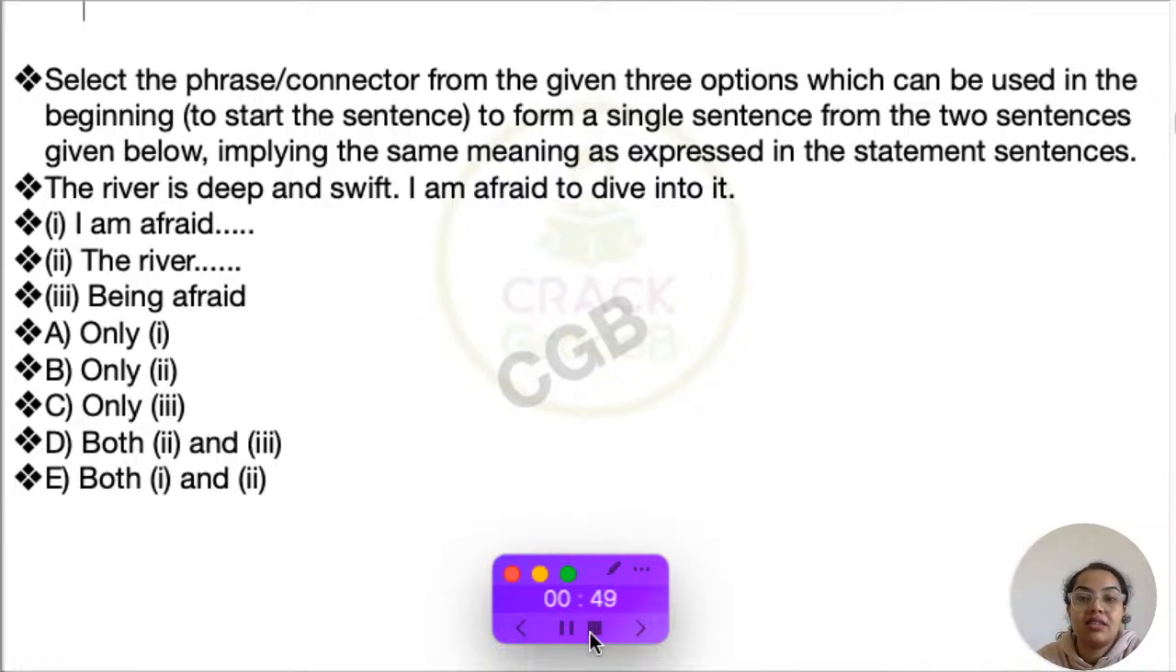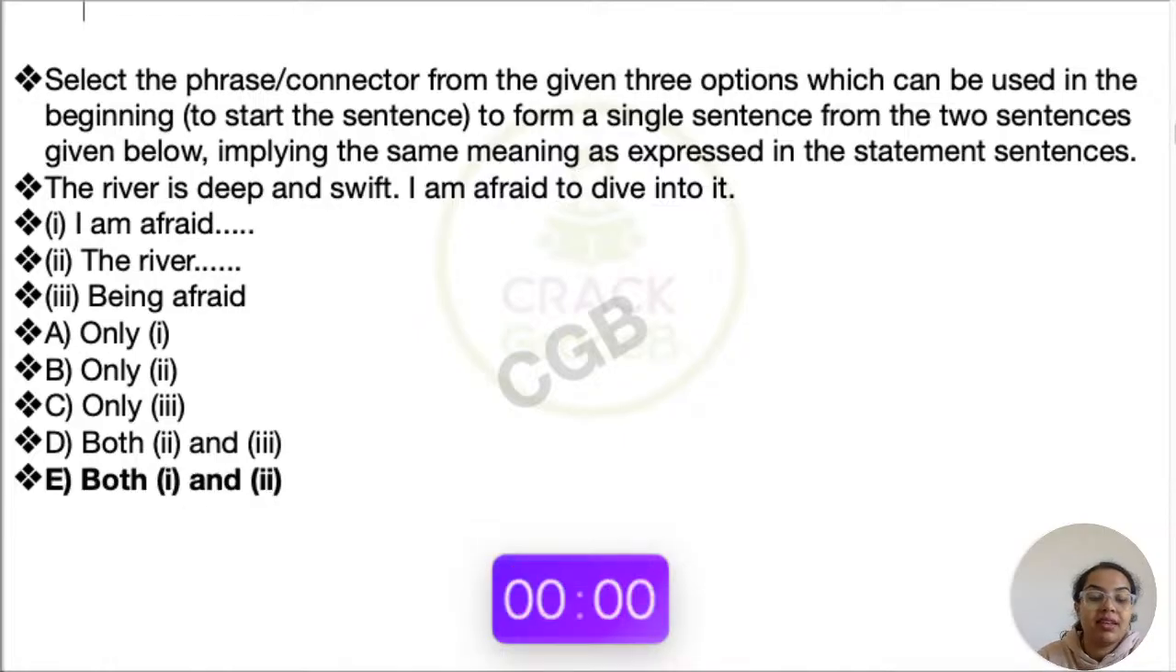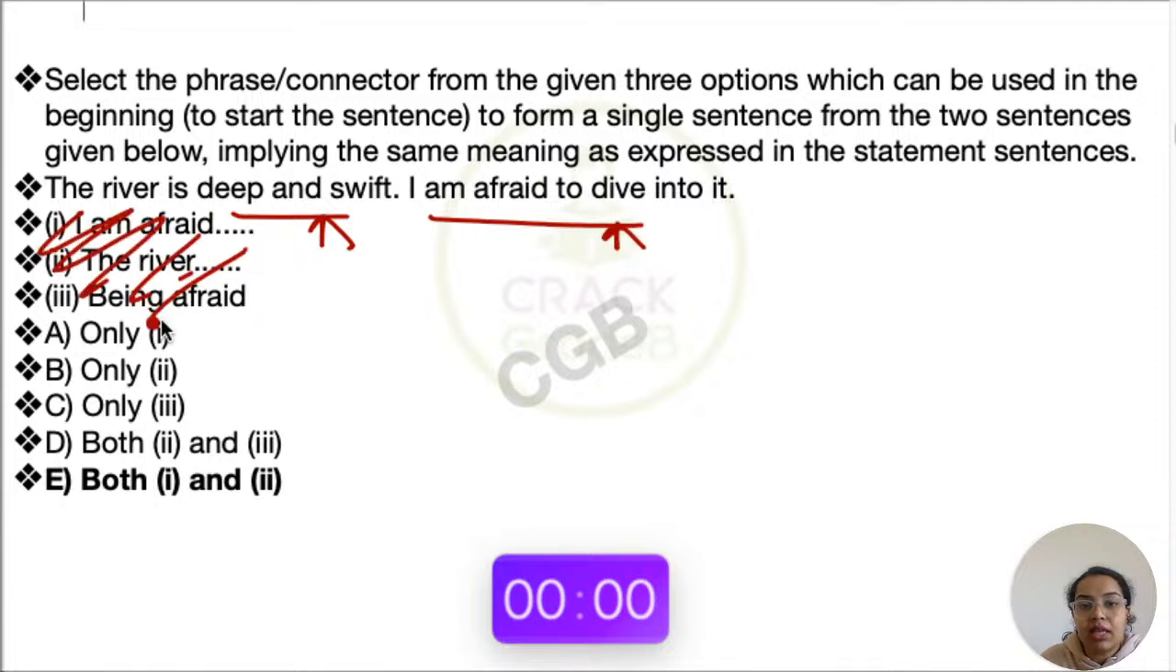Come on, guys. They are so simple sentences. E is the answer. The river is deep and swift. I'm afraid to dive into it. मान लो ये नहीं दिया है. Just imagine you don't have anything. Don't you know now the relationship here? There is a reason I'm afraid because it is deep and swift. So that's why I'm afraid to dive